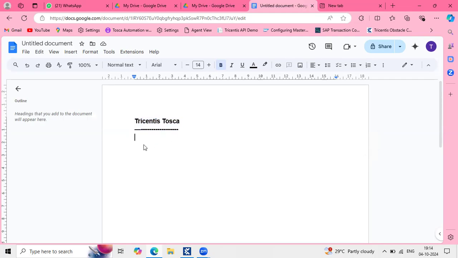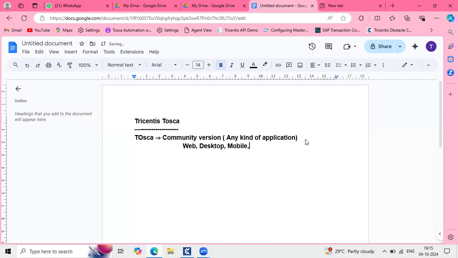Okay, so Tosca. We have two versions of Tosca. One is the community version. In this community version, we can automate any kind of application. There are no restrictions on this particular community version. You can go with any kind of application automation. Any kind of application means we have some project categories, right? Like web projects and desktop-based projects